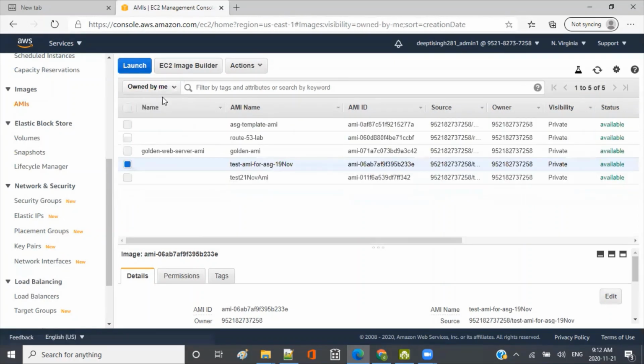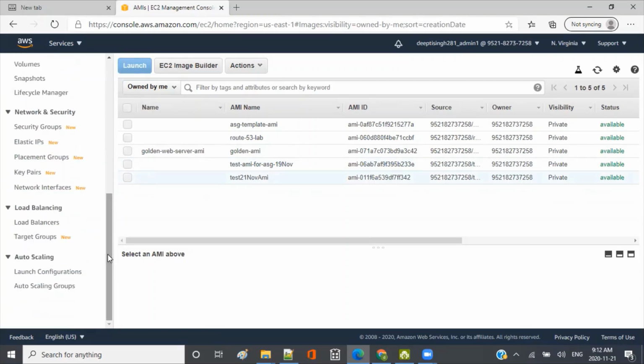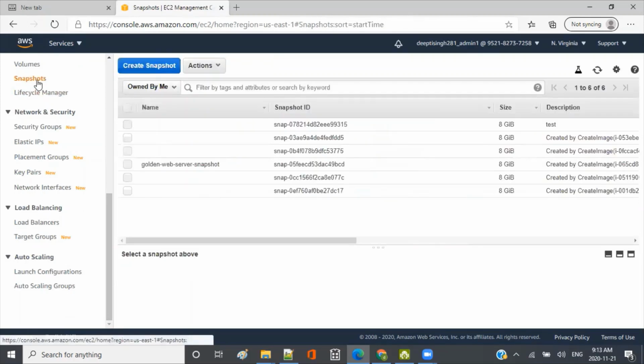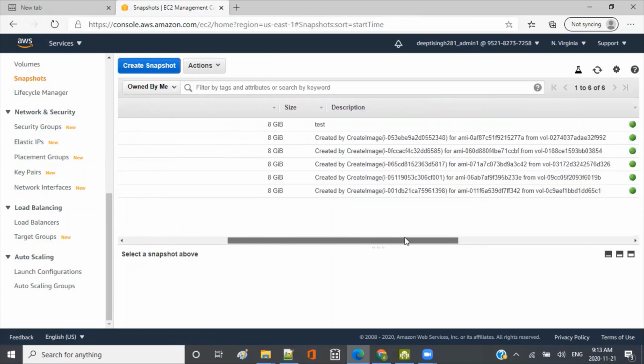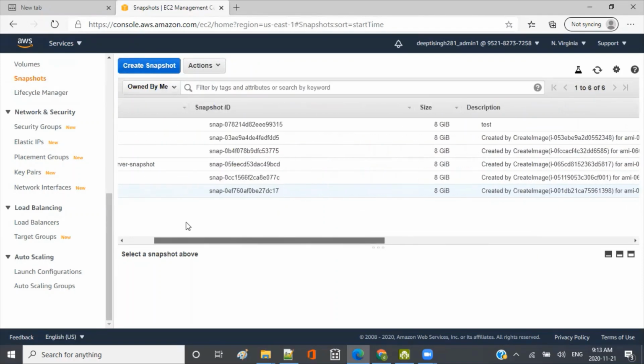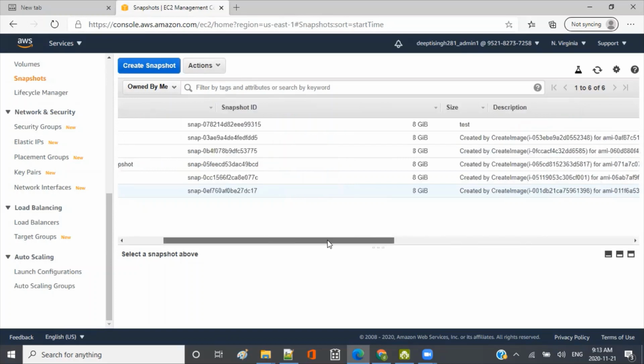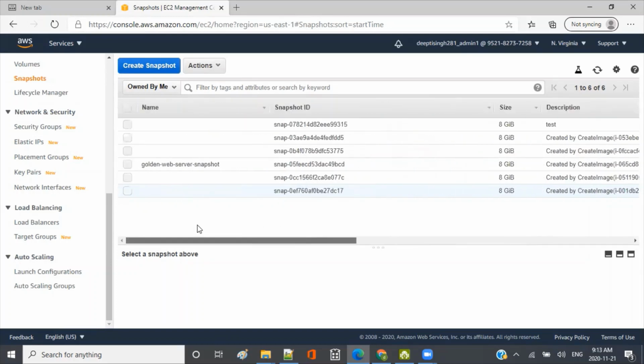Okay, so these are owned by me. This is the one which was just created, this AMI, and then let's see about the snapshot. So on 21st November it would have created a snapshot here, right? So this is a snapshot. Now, if you delete this snapshot, the AMI would not work because the AMI is referring to this snapshot. The AMI has the reference of this thing. The main thing is the snapshot itself. Okay, so the AMI got created.